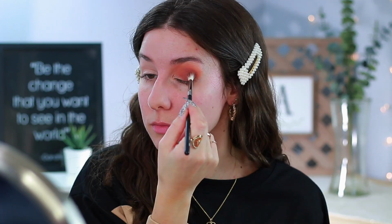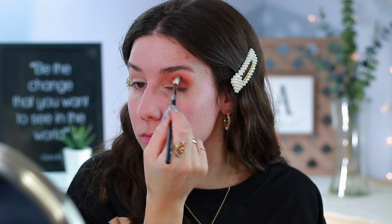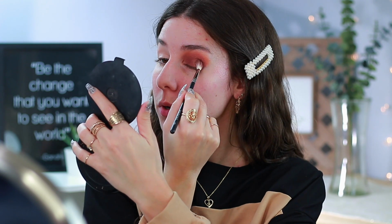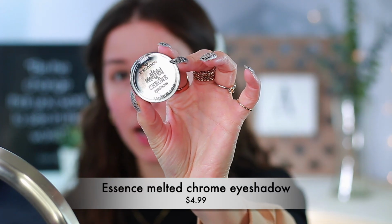What am I going to do next? So I'm going to take this guy. It's more of a darker brown shade. This is the Morphe M514 brush. It's just a smaller blending brush. I like it. I have a new product I want to try out because it also is drugstore, and it's from Essence. Big shocker, told you I got carried away. It's this guy right here, their Melted Chrome eyeshadow in the shade Golden Crown, number 8. Can you guys see that? I feel like that would look really pretty, but they had so many different...